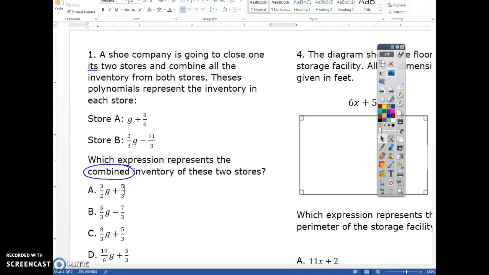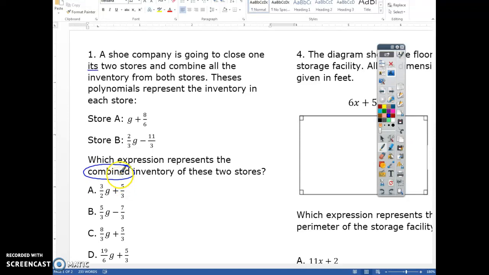Okay, so this is the video for the CBQ tomorrow. And we are going to go over 1 through 5 on the first video and 5 through 12 on the second video. Problem number 1, the key word is to combine, so we need to combine the things that look